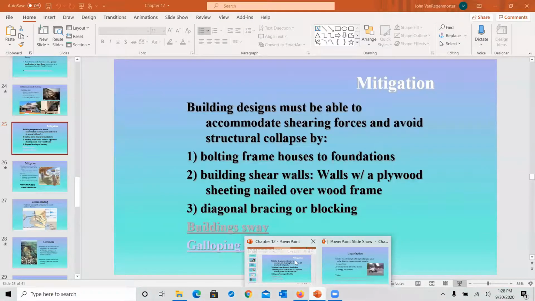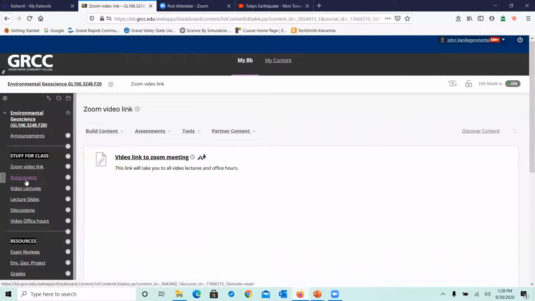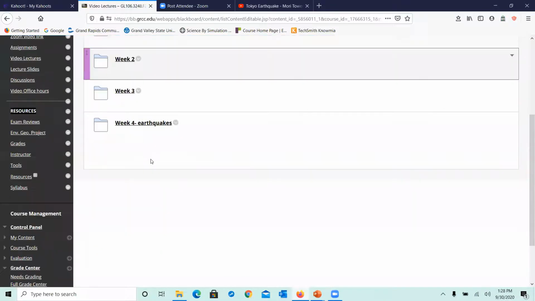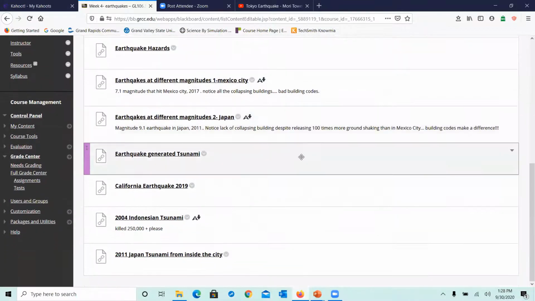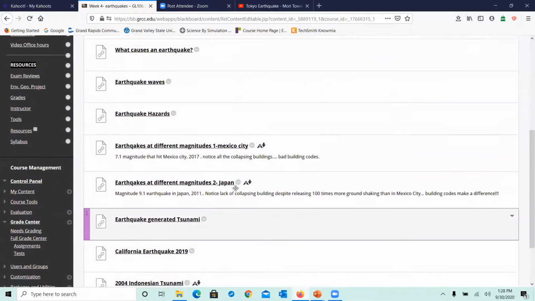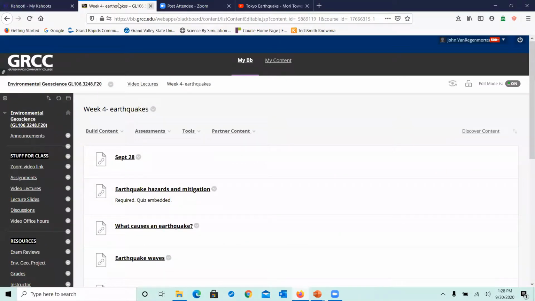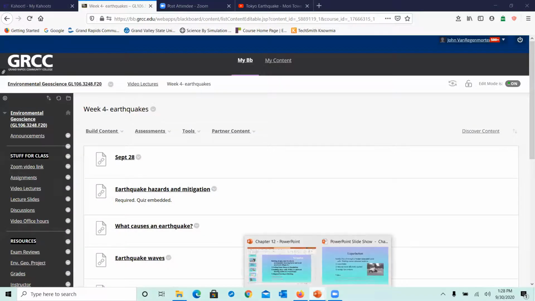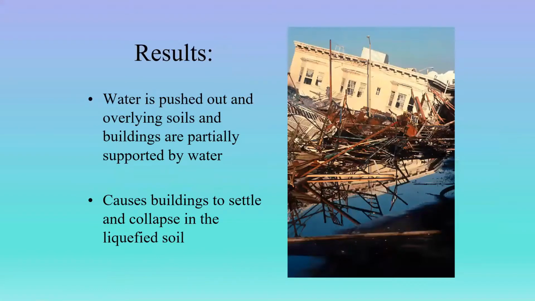So that is liquefaction. I have one more I want to show you here. Let's see. Oh, I guess I didn't put it in here. Anyway, that is liquefaction, but it can be much more devastating. A couple of years ago, about a 10 city block area in Indonesia got liquefied and all just kind of moved downhill. Let's see if I can find the video. I'll post that for you here.